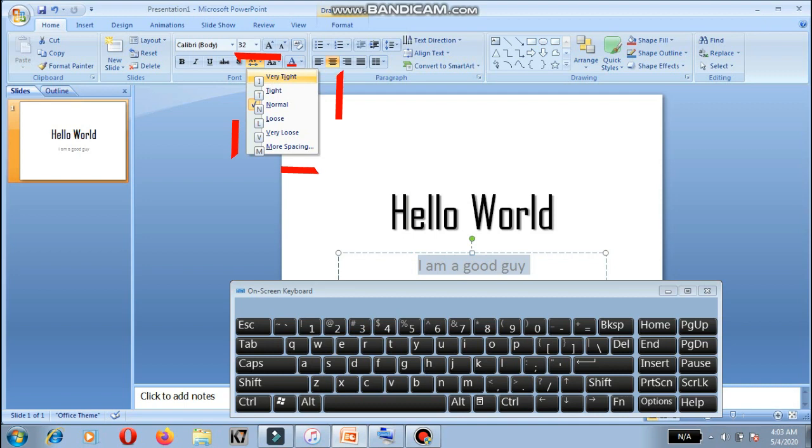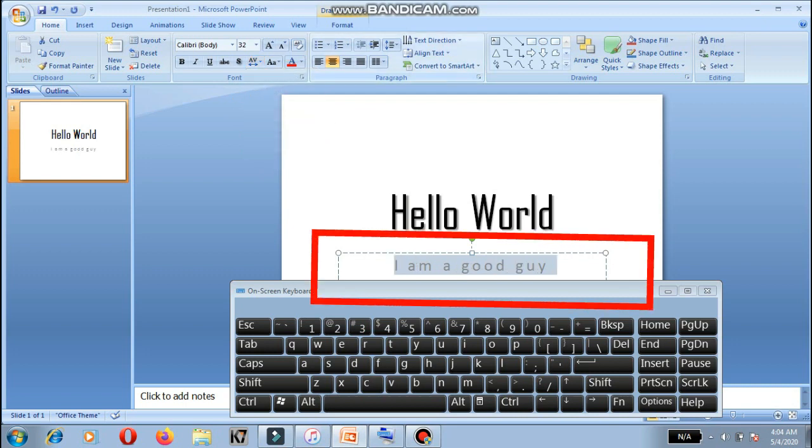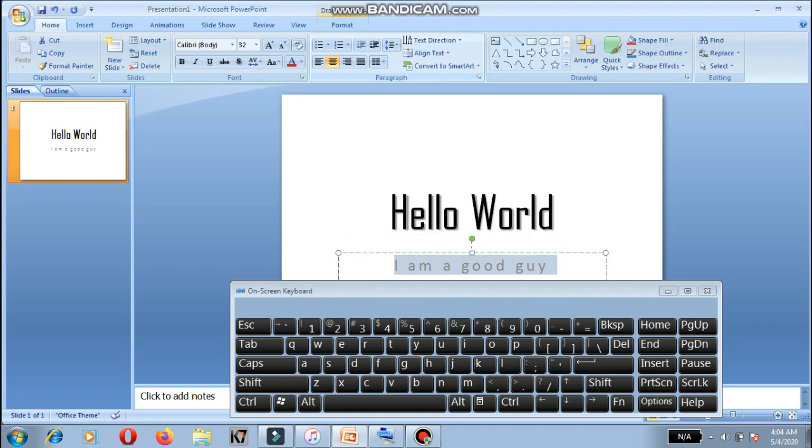After pressing 6 key, we will be seeing a short dialog box of character spacing. Here we will see the options very tight, normal, loose, very loose, and more spacing. So for example, if we click on very loose and press enter, you will see our text has been loosely spaced. This was the trick of character spacing.